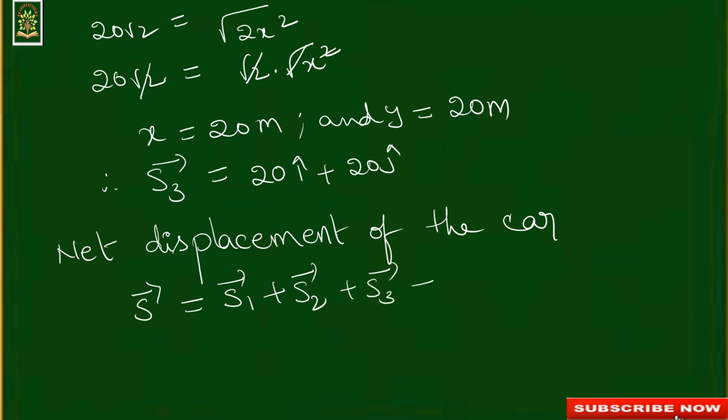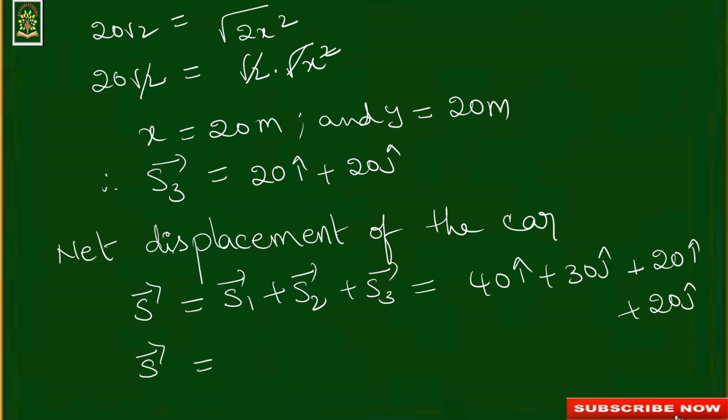So that is equal to 40 i cap plus 30 j cap plus 20 i cap plus 20 j cap. So total S bar is equal to